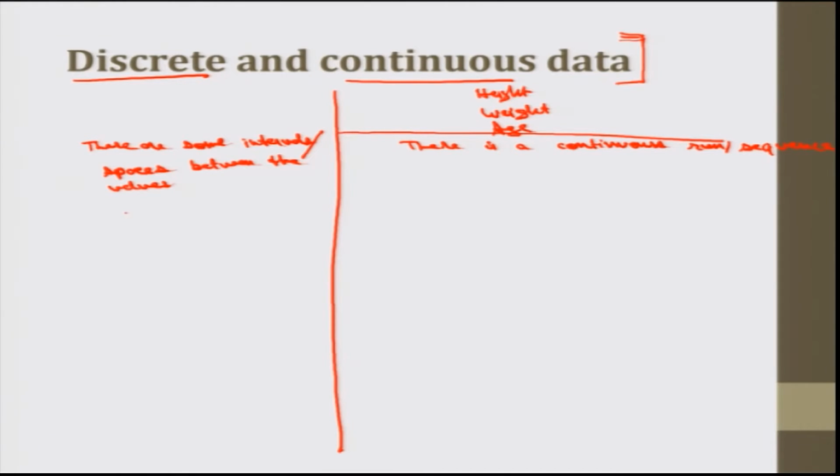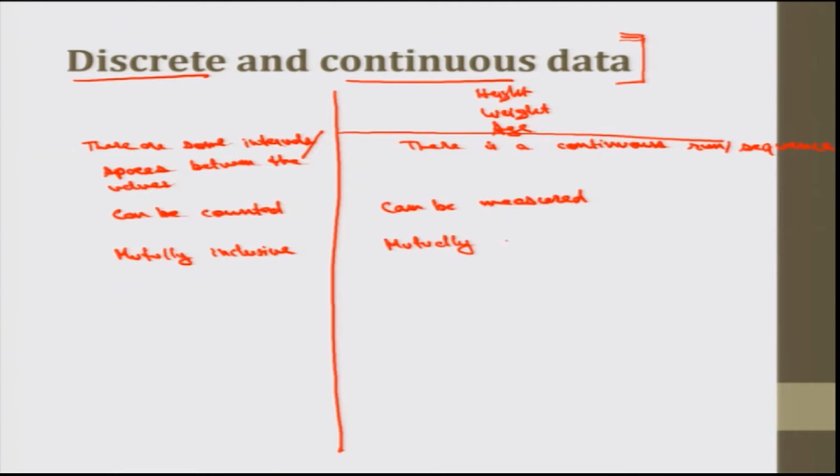So, this can be counted, this can be measured, and these are mutually inclusive. These are mutually